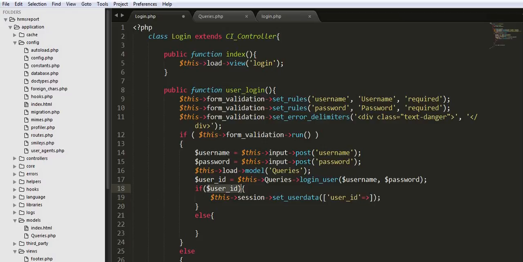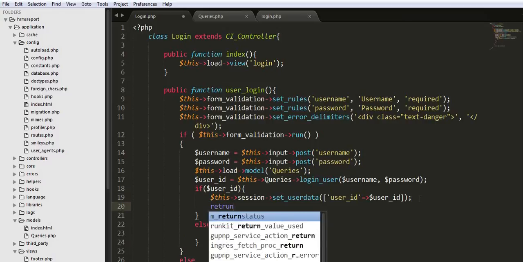I will be storing this user ID into my session so that I can differentiate between the employee and the admin. And then I will return